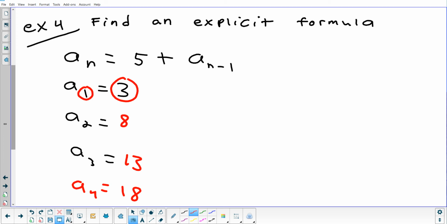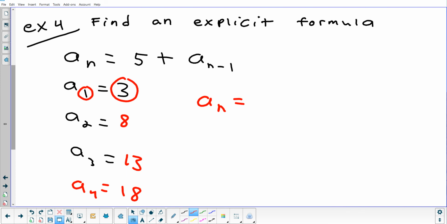Does anyone see what the pattern is here? Multiply by 5, subtract 2. Right, times 5 minus 2. Now, how did you figure that out? Trial. So some people can just look at it and try different things in their head. There is a more systematic way to figure it out, and I'll show you that in a little bit. But for now, we'll just go with what Mabel said.